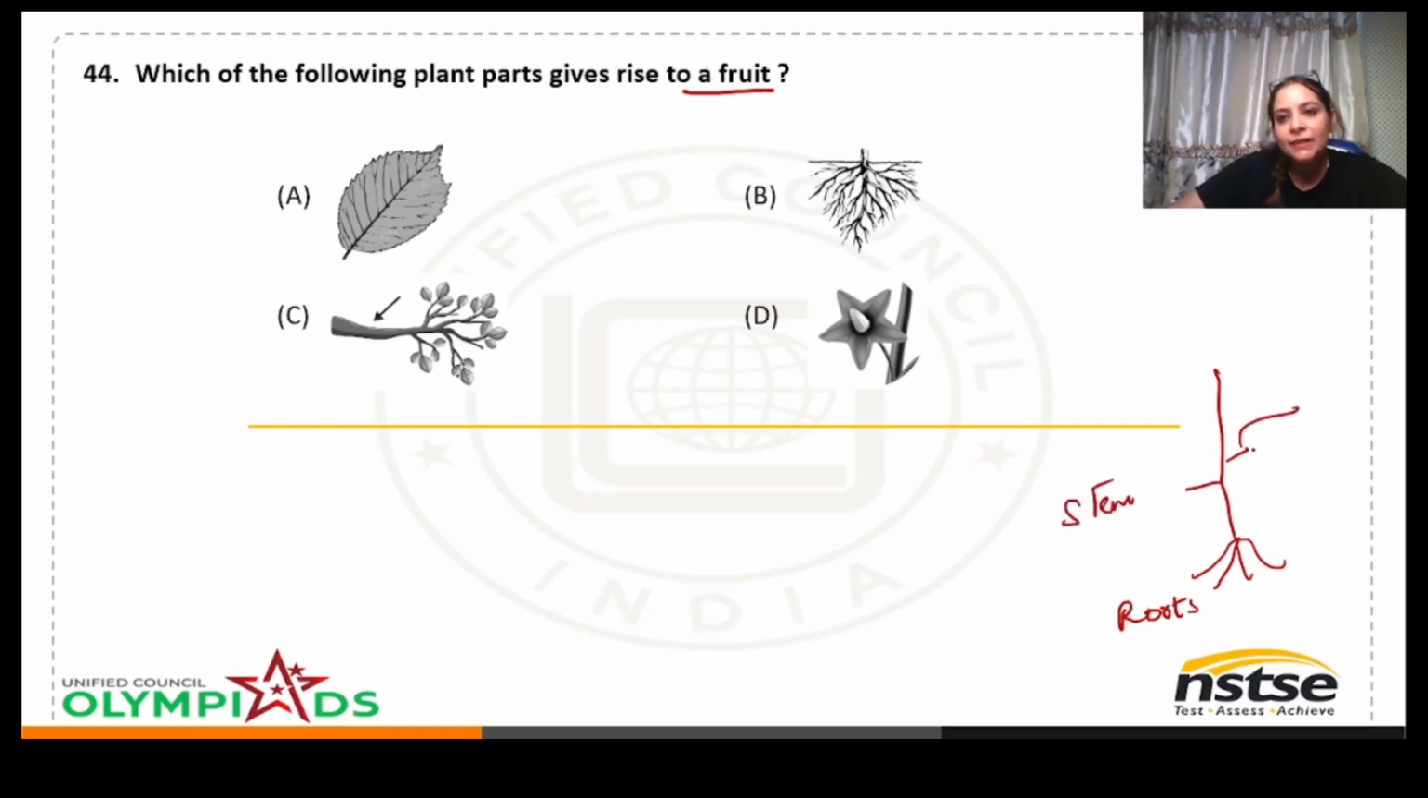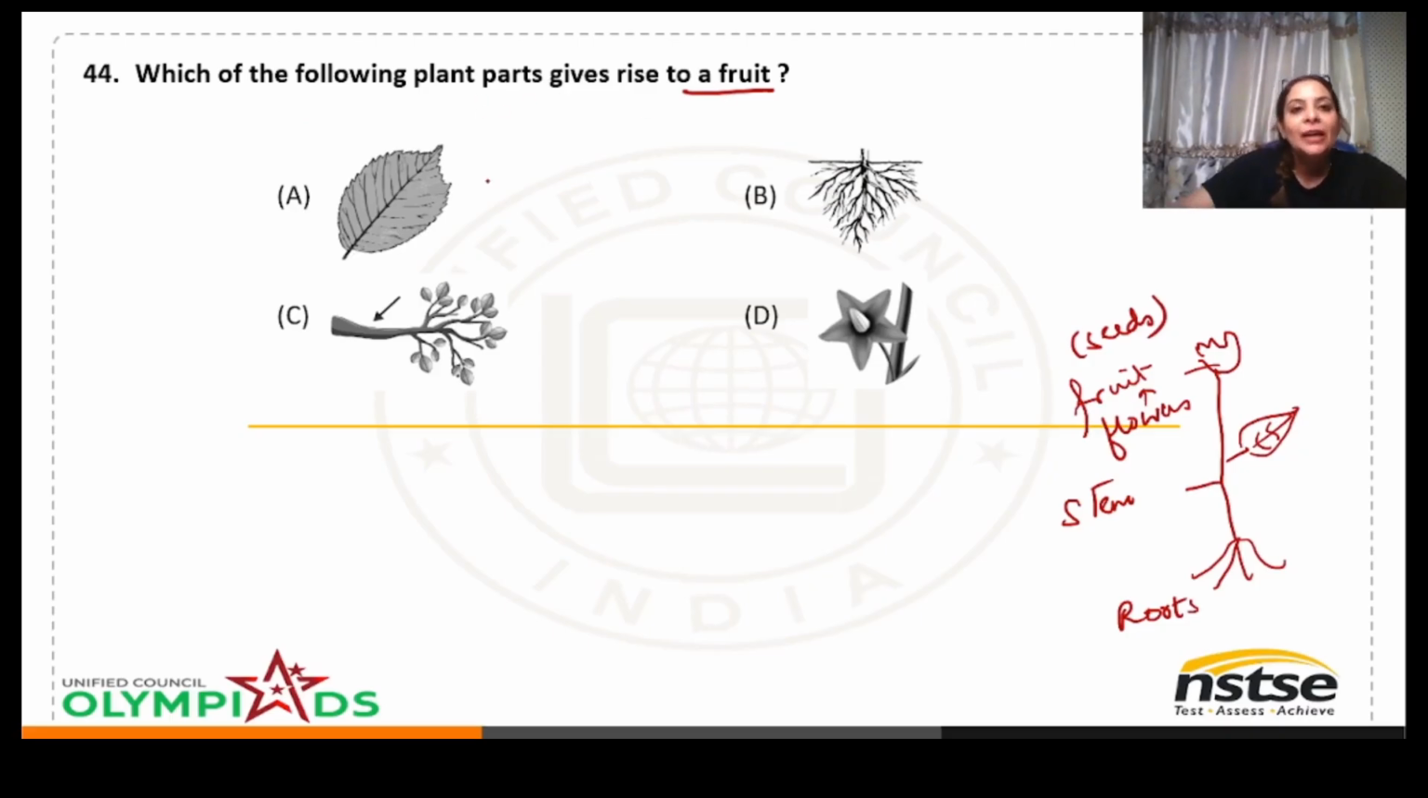Over the stem you can see leaves also, and the plant may have flowers also, and flowers later give rise to fruit. So these are the basic parts of the plant, and fruit encloses seeds. We know that. Now, which of the following plant parts give rise